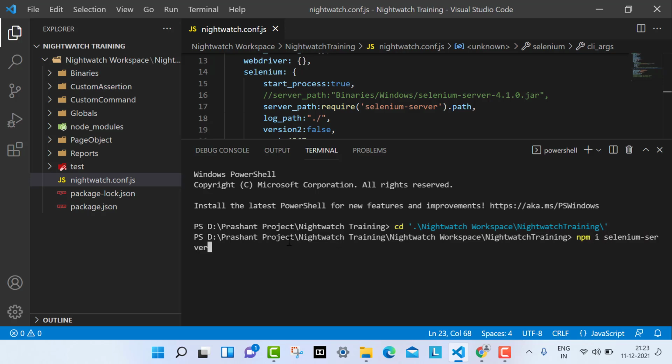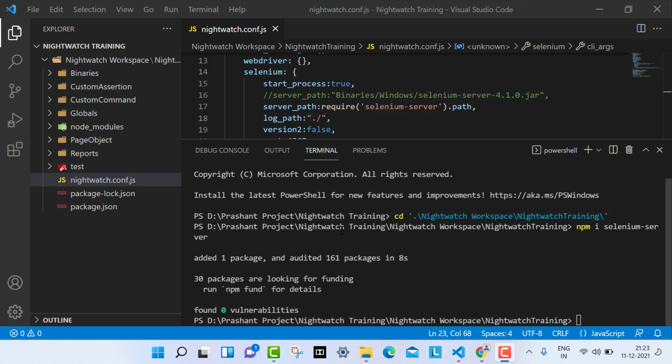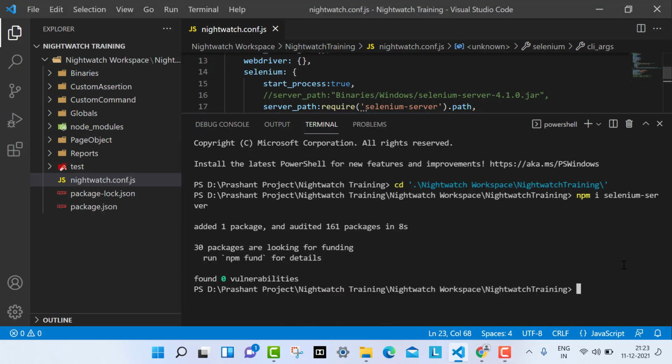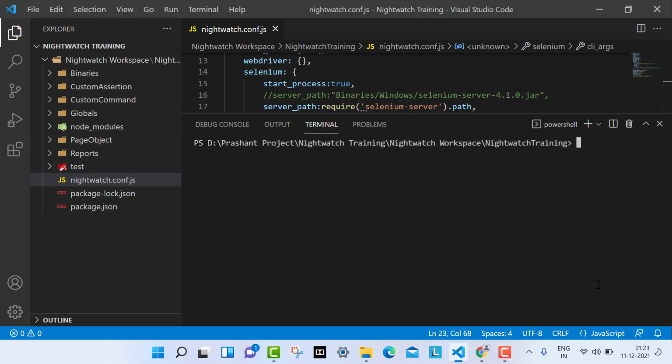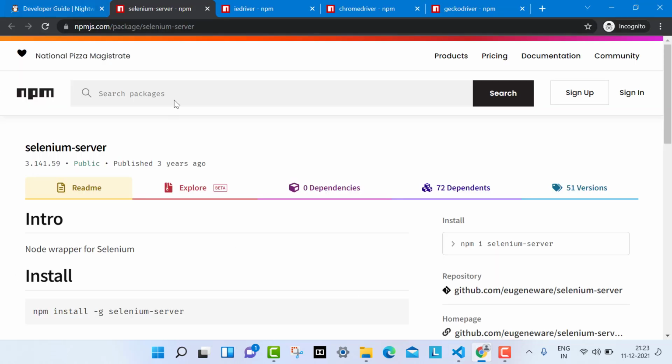So if I install it now, oh, it is too slow. It is typing, I don't know why. Okay, so I will hit enter and let it install. So you can see that it is installing. I will wait for the installation to complete. So it has completed installing.